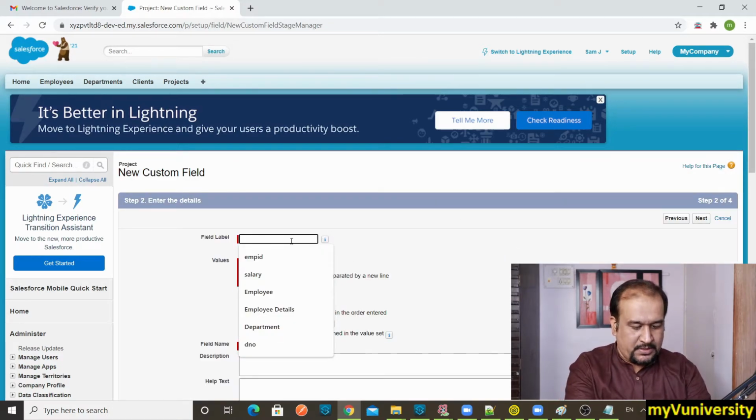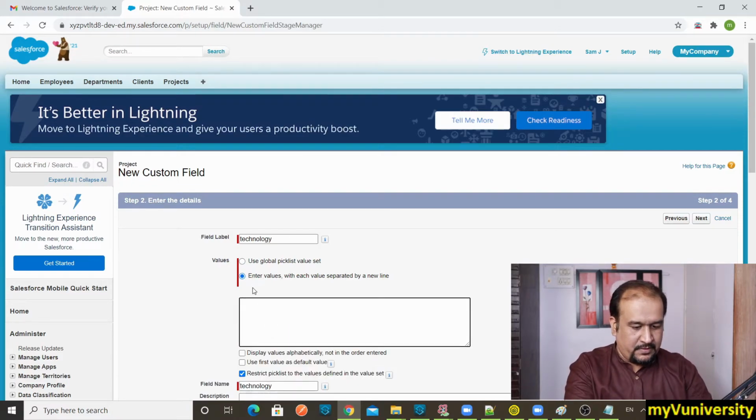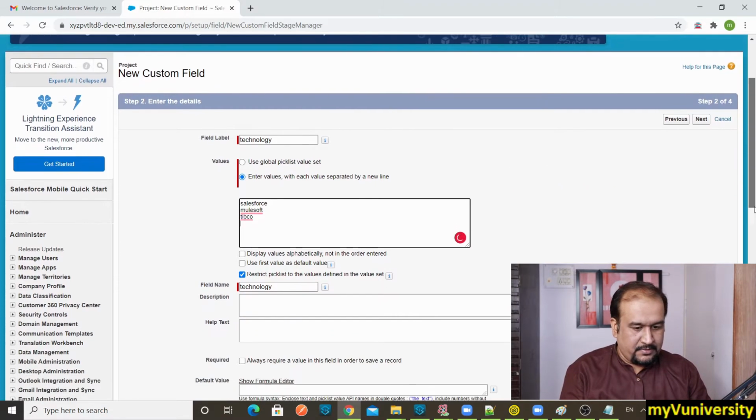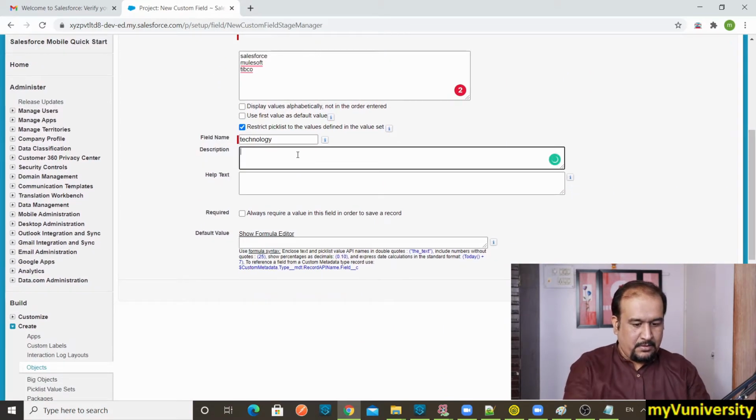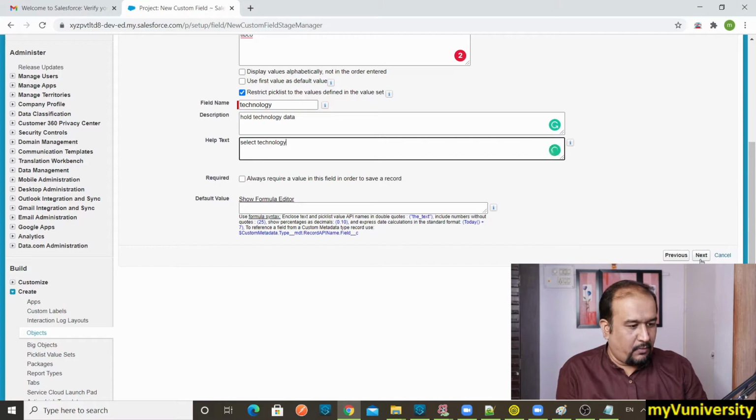Okay, so this is technology. Then enter values here. So I say Salesforce, MuleSoft, TIBCO. Perfect. It's okay. Description, holds technology data. Help text, select technology. Let us not make it required, that's okay.